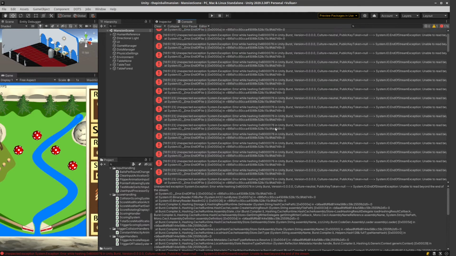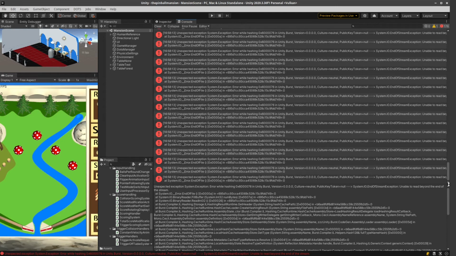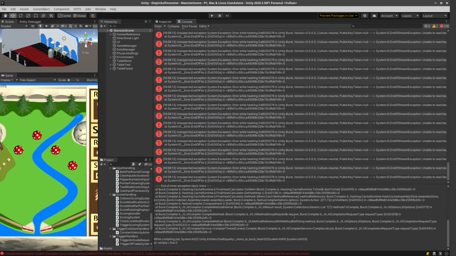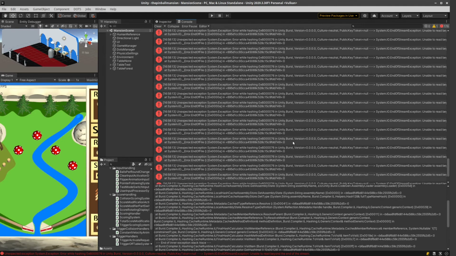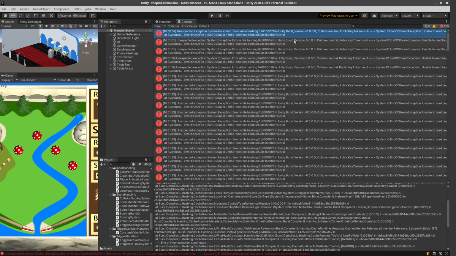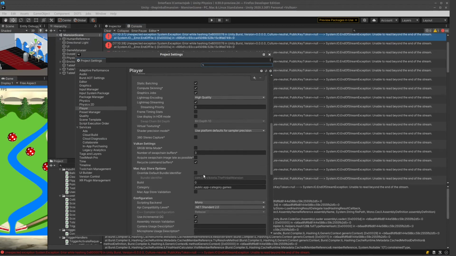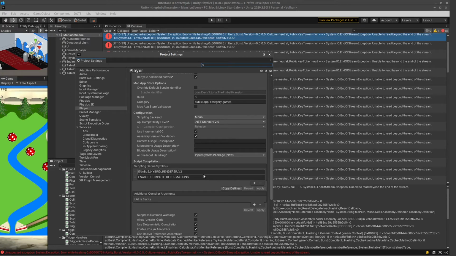And now I am having this sort of burst compile errors. I have no idea why, but what I'm thinking is that maybe I am going to restart the editor and maybe that could solve that. Okay, and I still got this weird burst error. I don't know what to do with this, but I think since these